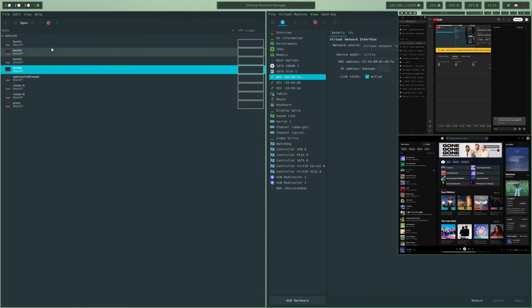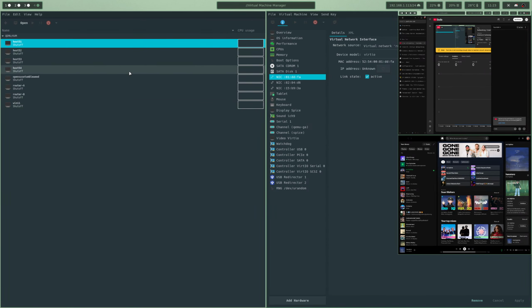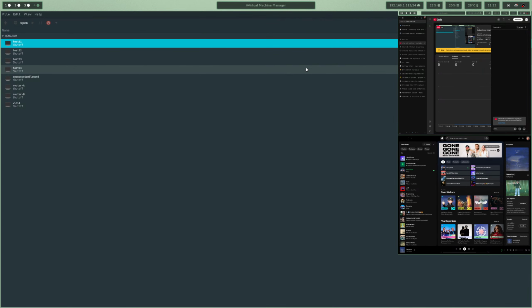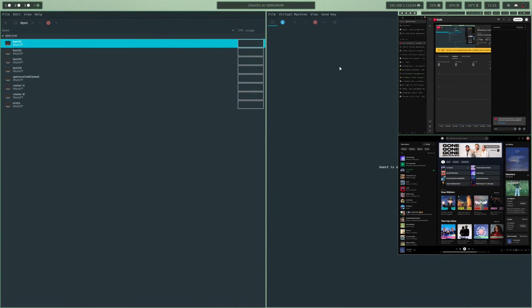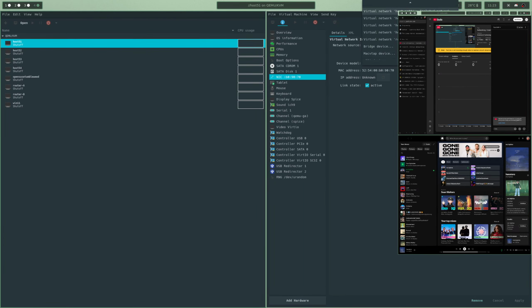Then we're going to go into our hosts. Same thing, essentially. This will be hostnet 1. Now there's going to be a little bit of,